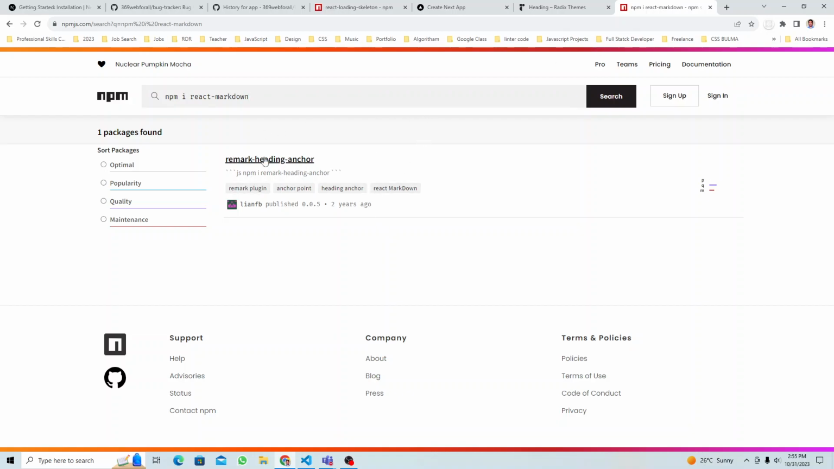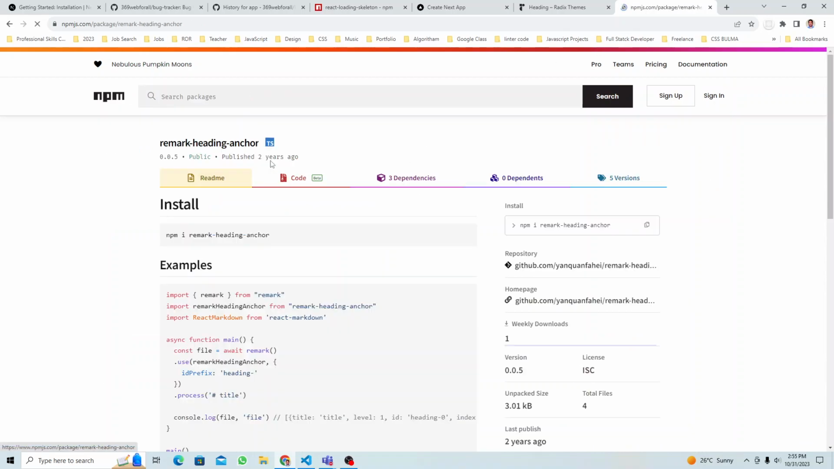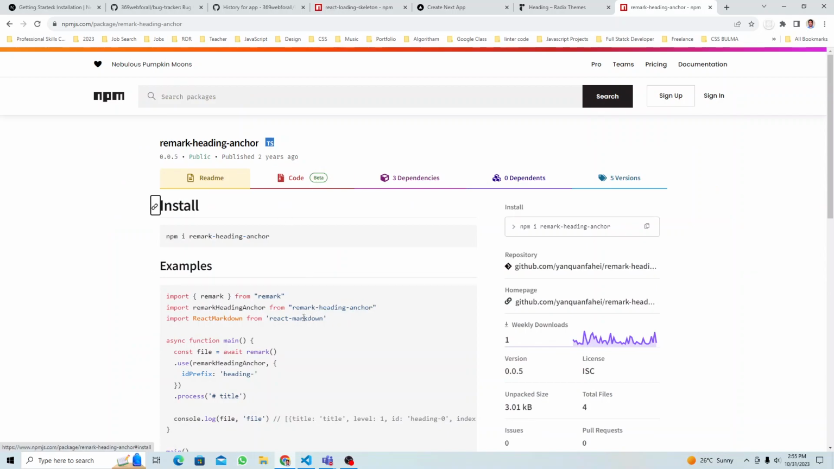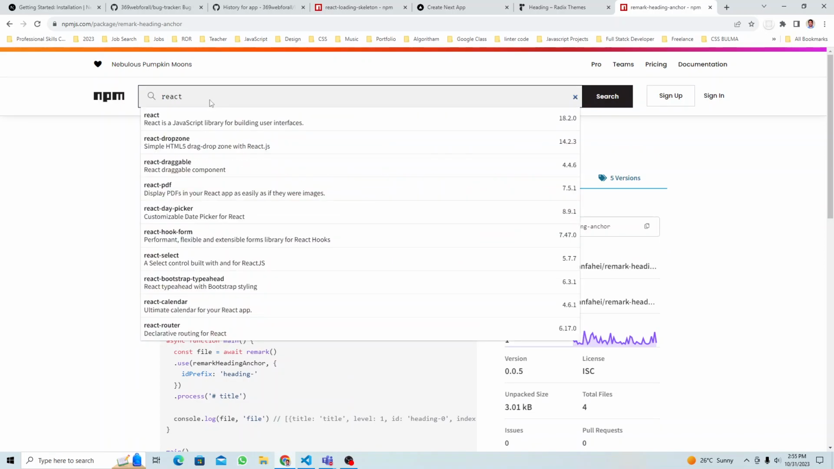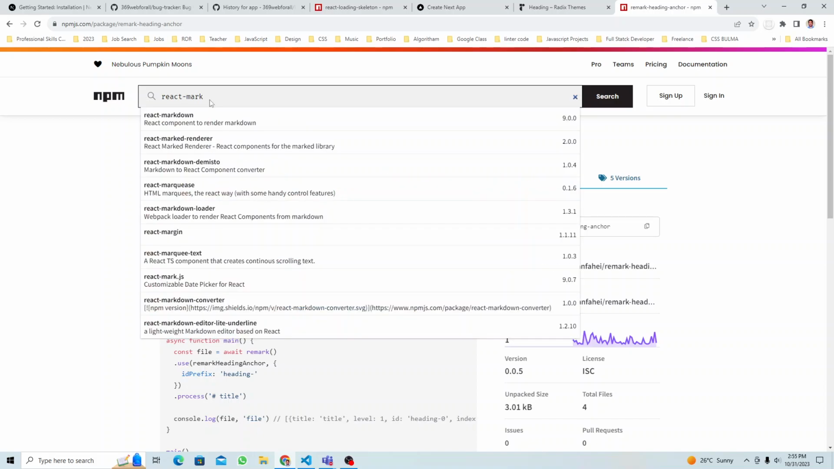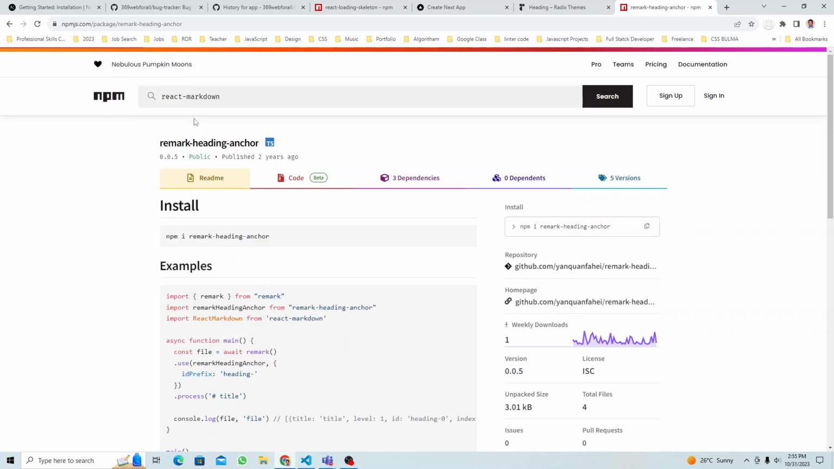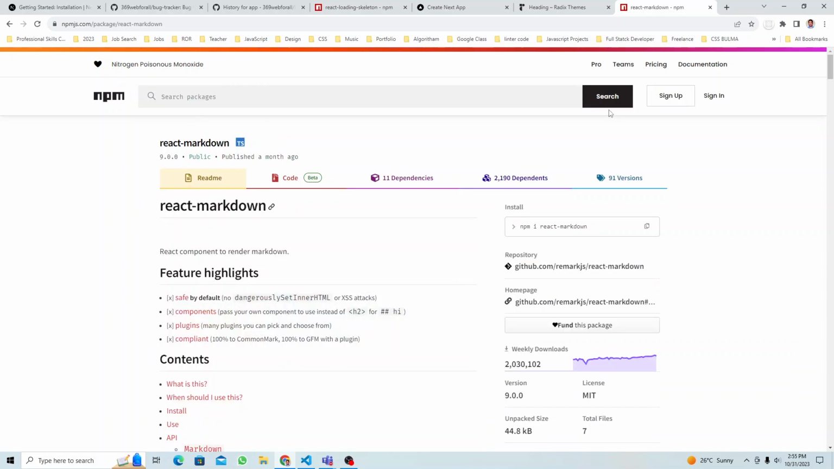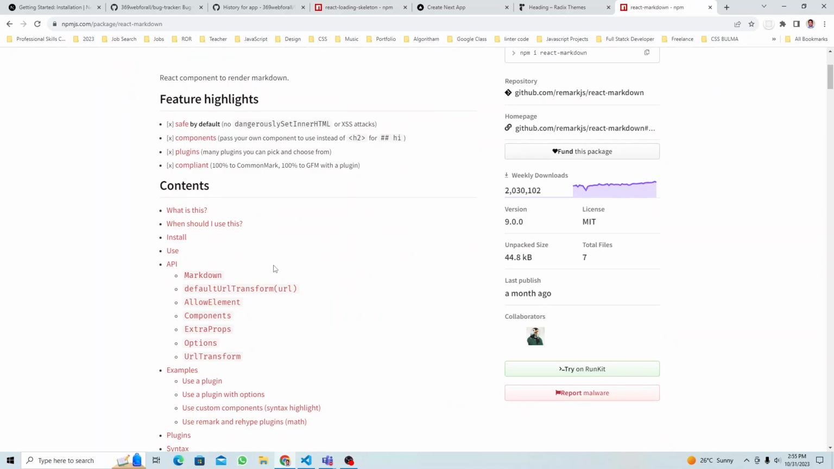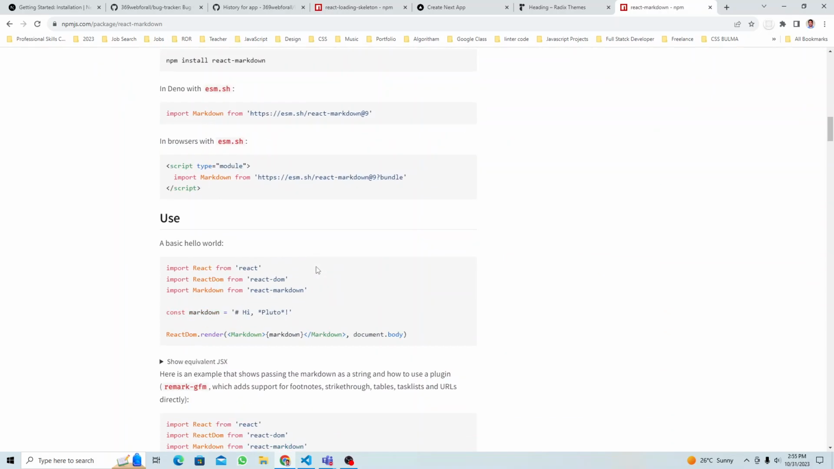I don't know why it's not coming up, right? What is here? Remark heading anchor, no. I react markdown, right? Okay, finally here. So